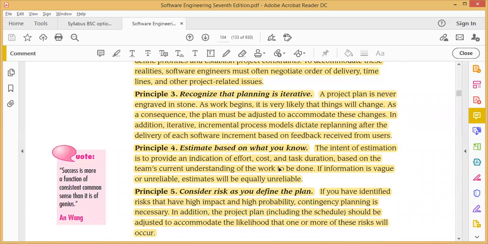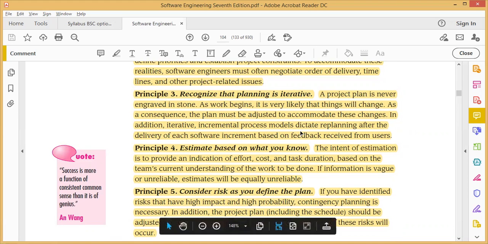As we have discussed, after the feedback is taken from the customer, we have to replan or consider all the requirements from the customers, or some of the requirements which we have to add or adapt to our software, and reconstruct each and every part. That is nothing but iterative statements. Okay, hope you understood.